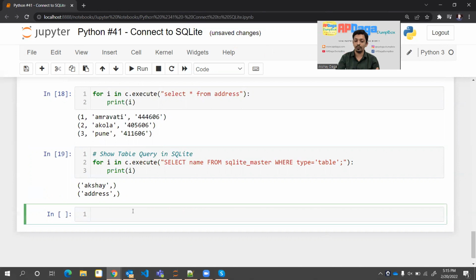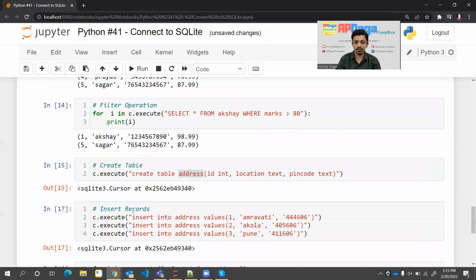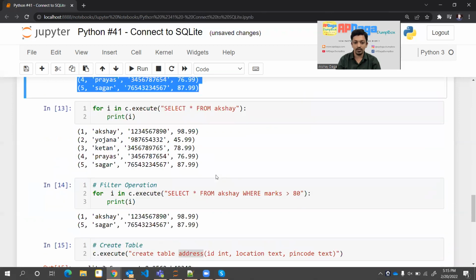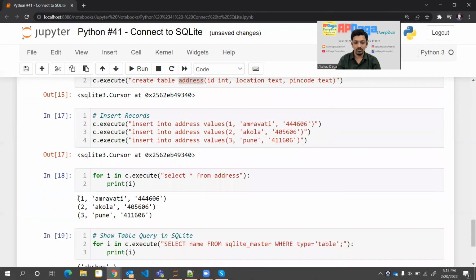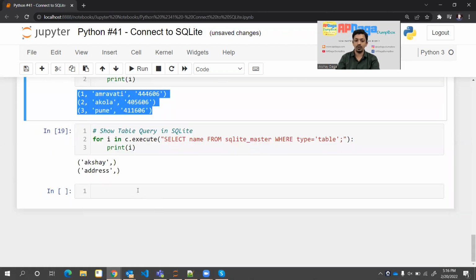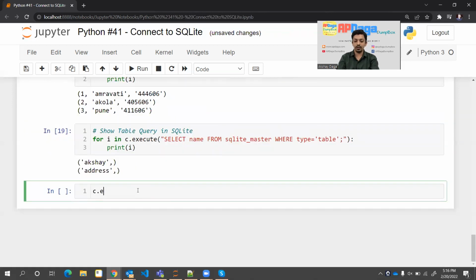Now I'll show you the join operation. You have seen this is our table Akshay, and this is our table address. Now I want to do the join operation, inner join. So what I'll do, I'll write c.execute. You must be familiar with join operation. So similarly, I'll show you the example in SQLite. So what I'll write, select star from